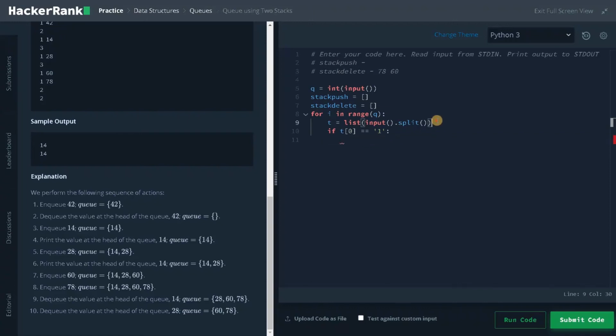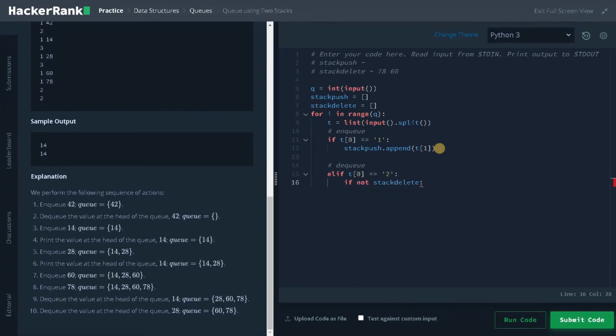Okay, now processing the query. The first query is enqueue. If t of 0 equals 1, that will be stack push dot append t of 1. We will just append this element to stack push. Now the next query, dequeue: elif t of 0 equals 2, if not stack delete.